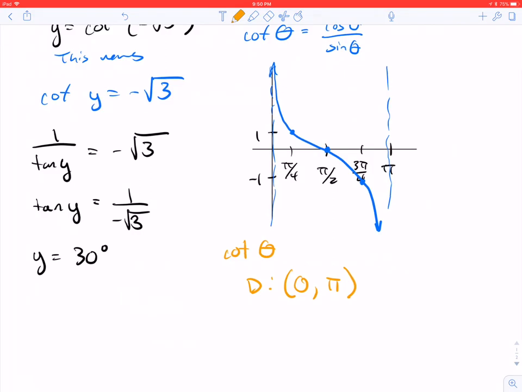So, looking at this graph, we see that the range is all real, so negative infinity to infinity, right? This is now our domain, and this is the range, right? This is for inverse